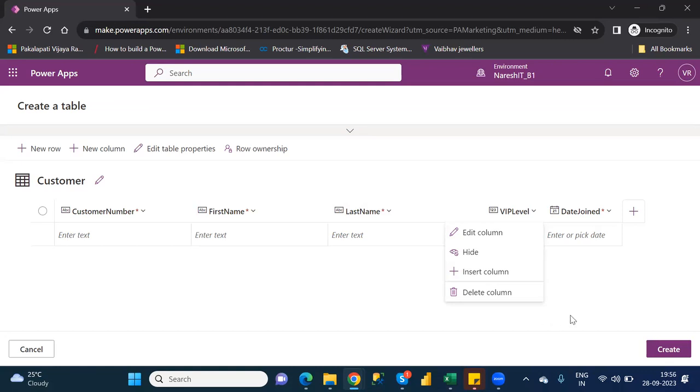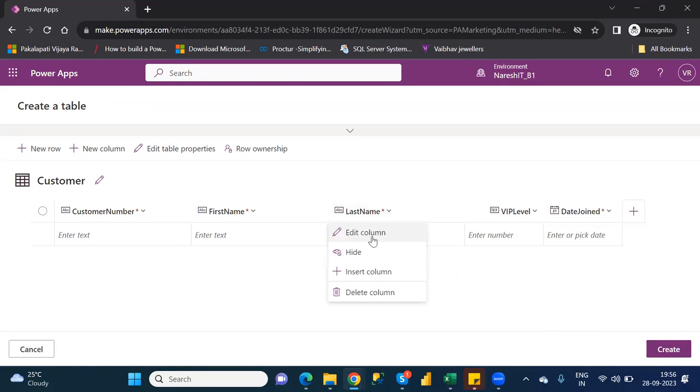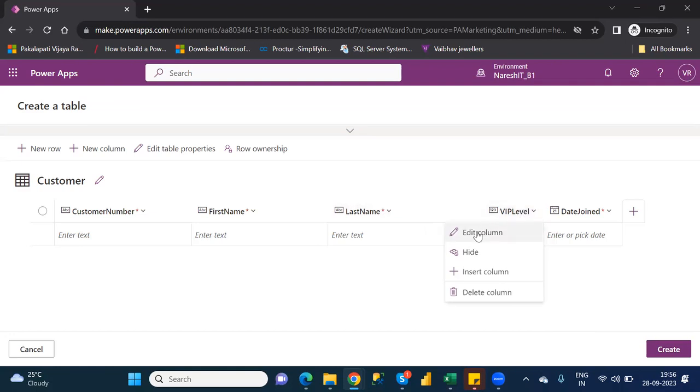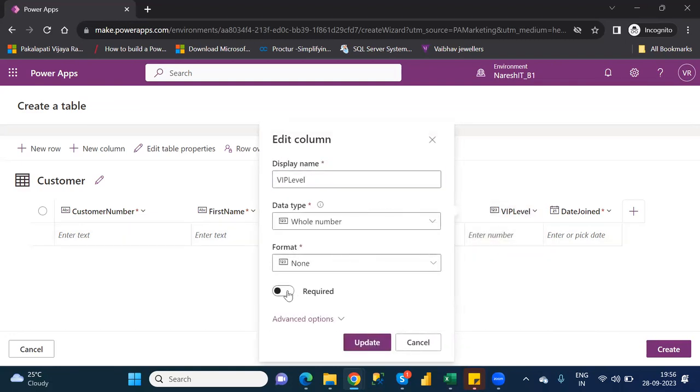So if you want to edit that particular column, click on the drop down, edit it, or insert a column or delete a column. You can do it here also. Understand? Suppose I want to edit the column. I'm not choosing the required option. Okay, you can choose this one